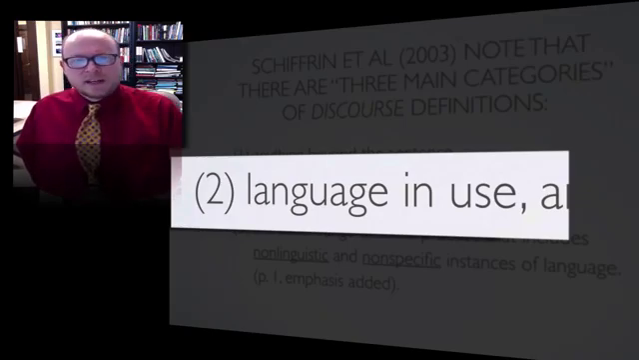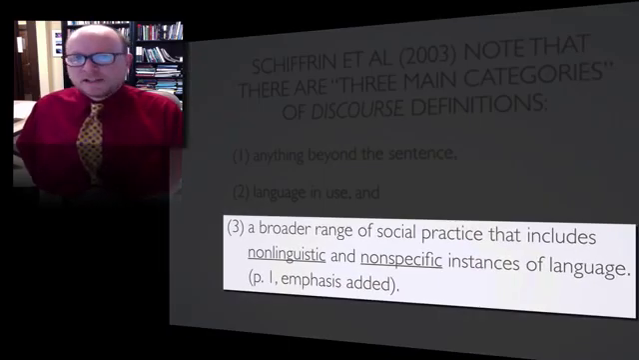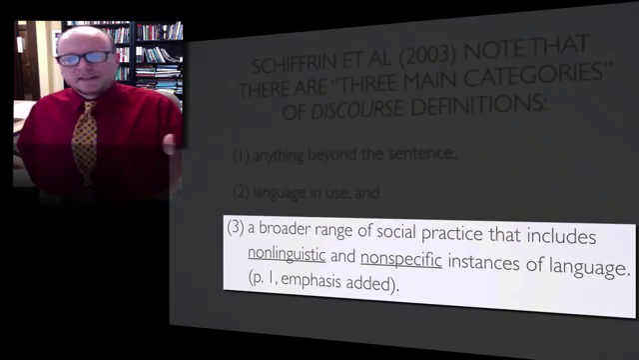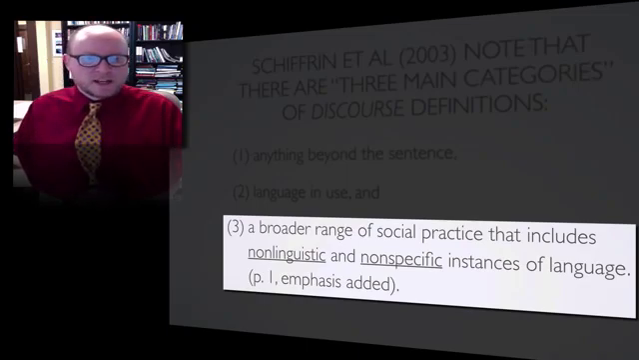And the third one is one that tends to get used a lot more these days in academia, but it's one that's a little bit more difficult to understand. It's a broader range of social practice that includes non-linguistic and non-specific instances of language use. So in this sense, discourse can include social practices that are non-linguistic, things like the clothing that people are wearing, the kinds of things that they're carrying with them, technology devices or bags or props or whatever they happen to have with them,